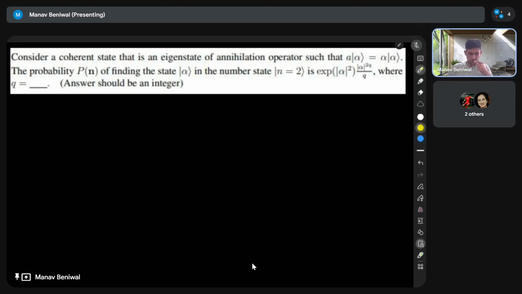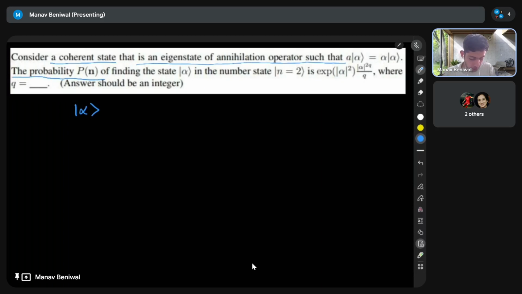So let us begin. Okay, now what are we given? We are given a coherent state. From our previous class, if we remember, a coherent state is an eigenstate of the annihilation operator such that a acting on alpha gives us alpha times alpha. So we are given a coherent state alpha, this is what we are given, and then they say that